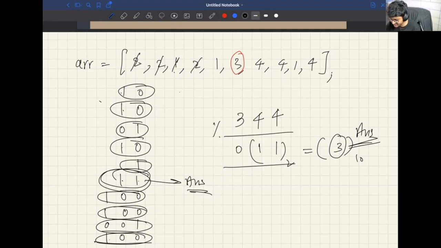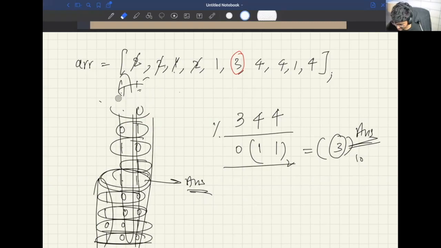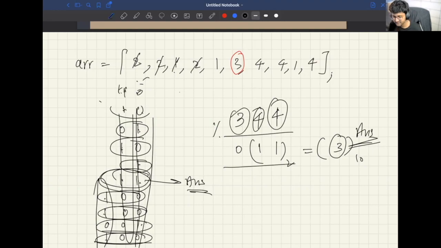I just did a sum of this, and sum of this. But that is 2. That's not 3. Actually, you can try it again. So you can see 0 plus 0 plus 1. So 1, 2, 3, 4, 4, 1, 2, 3, 4, 4, 1, 2, 3, 3. Okay. Makes sense?